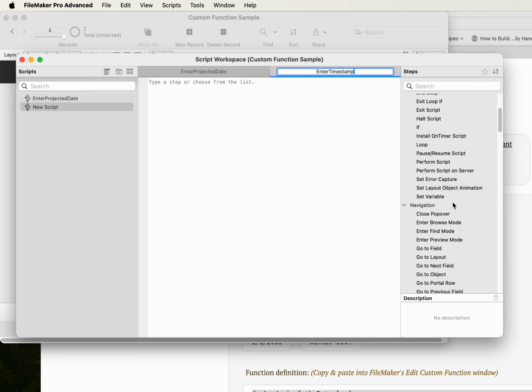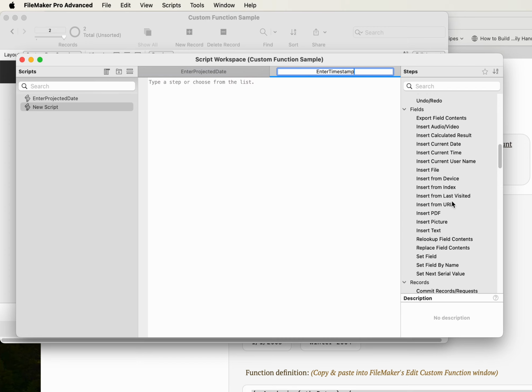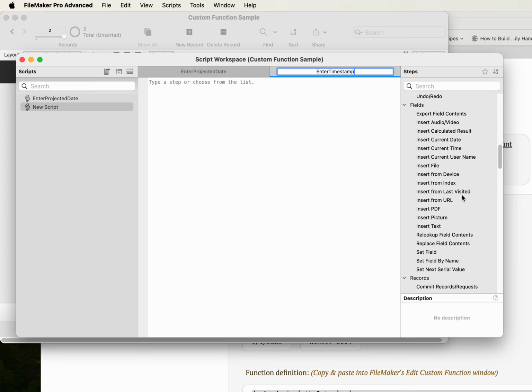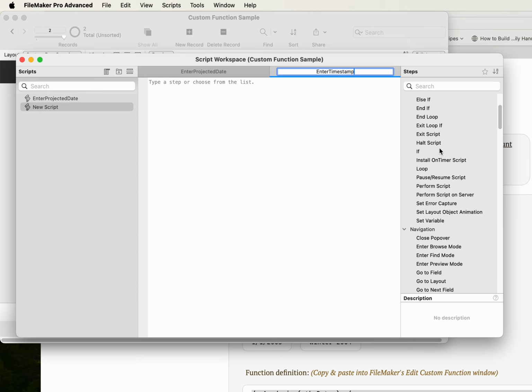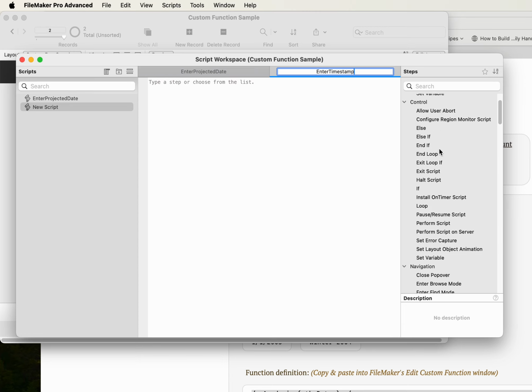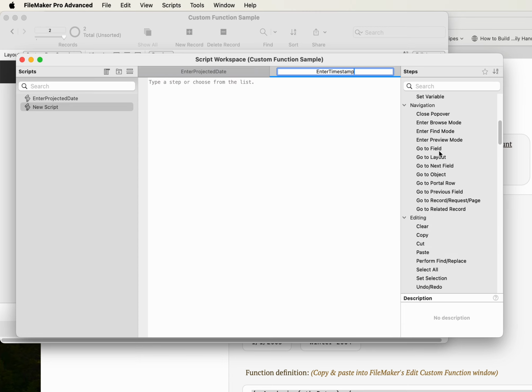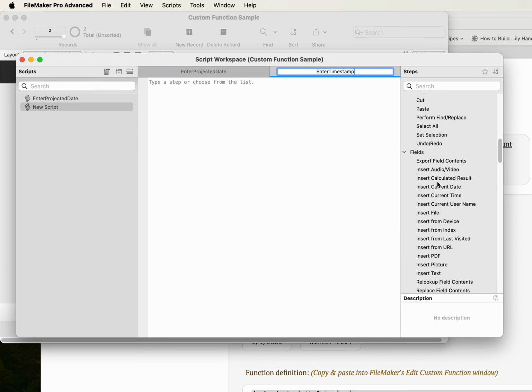And there is a function here for insert current time, or I can do insert current date. There is also, if you do insert calculated result